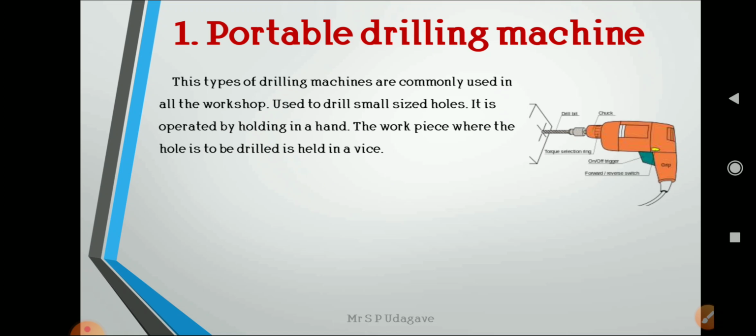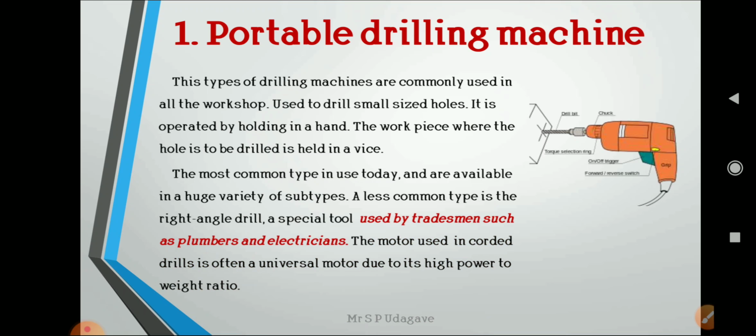So first one is the portable drilling machine. This type of drilling machine is commonly used in all workshops to drill small sized holes. It is operated by holding it in hand. The workpiece where the hole is to be drilled is held in a vise. The most common type